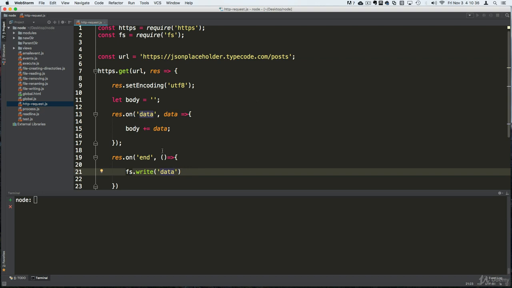I'm going to include a copy of this same file in this lecture, so that way you can have it instead of going to the exercise files and trying to look for it. So let's call this data.json, and let's say body is what we want, and let's just say it's UTF-8,